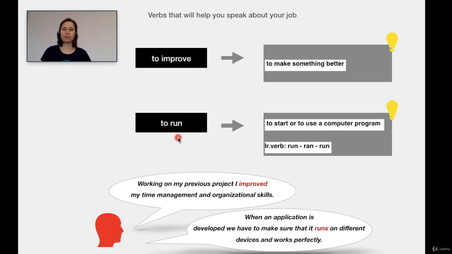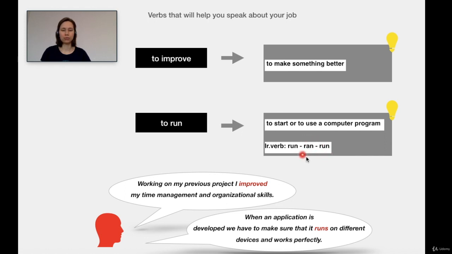To run. To run, of course, it means to run like this, but also in information technology, it means to start or to use a program, a computer program. Don't forget that run is an irregular verb, so it changes like this. Run, ran, run.